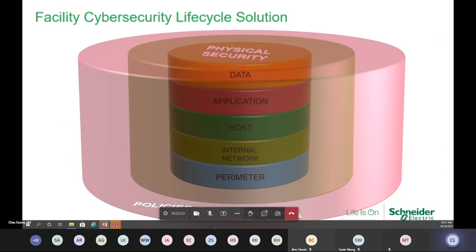So to bring it into a larger context, if the policies and procedures are put in place, like you are not supposed to copy any files out of the system, or you're not supposed to use anybody's password to gain access, the system should be safe. But if those are not being done or put into place, no matter how good a system you put in, it will be breached. So in Schneider Electric, we are fully aware of that, and we always say that when it comes to cybersecurity, it is not Schneider's sole responsibility. It is a common shared responsibility with the partner.